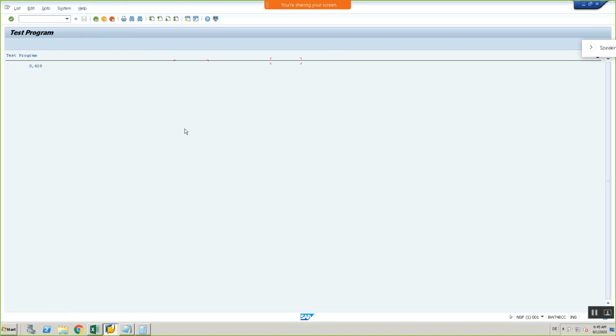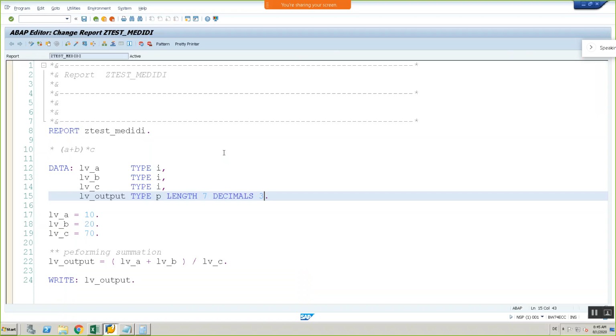Whatever length we want to give, if we give decimals 3 or 7, it will give the decimals after the dot. Same thing even in other cases also. Now, till now you remember these things, right?